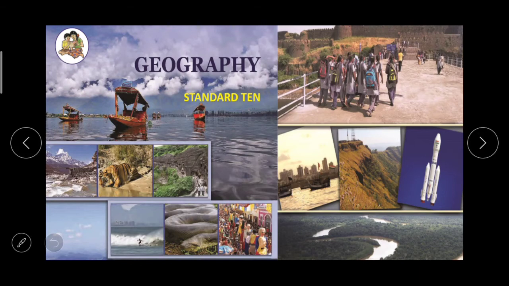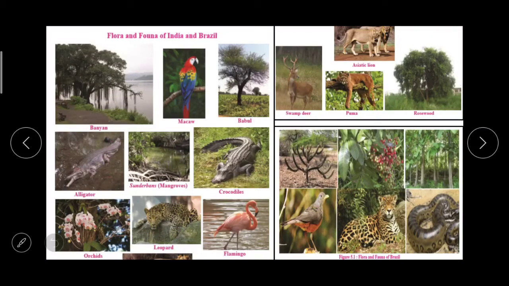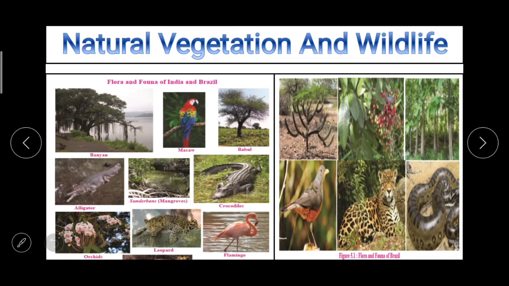My dear students, today in Standard 10's Geography, we'll be learning the topic Natural Vegetation and Wildlife. In this standard, in the Geography textbook, we are studying India and Brazil. So today also we are going to talk about the natural vegetation and wildlife of Brazil and India. But here there is something we should know,